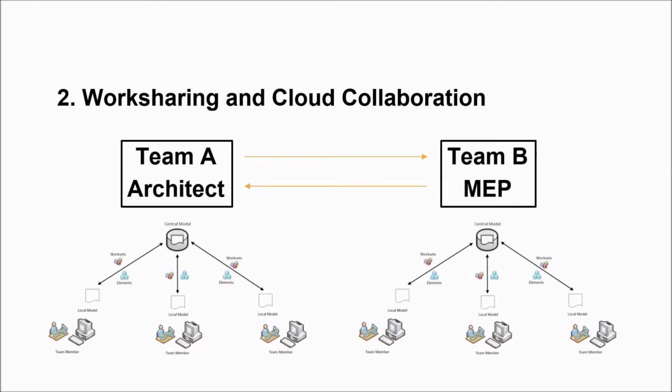Being able to utilize work sharing is a large advancement in efficiency from only being able to have one user access a model or a file at a given time. But between different offices that are working on their companies' separate servers, sharing those models often becomes a bit of a chore. Team A and Team B have to regularly send their models to one another. These can be large files, and when received, the linked version of that file needs to be updated. It is not too difficult, but with advances in collaboration on the cloud, this can be avoided.